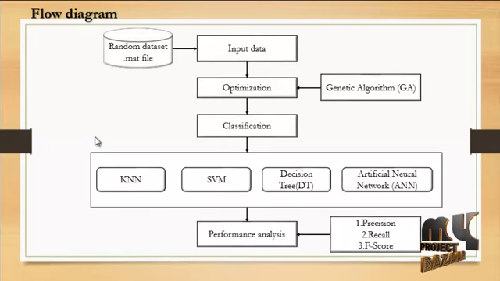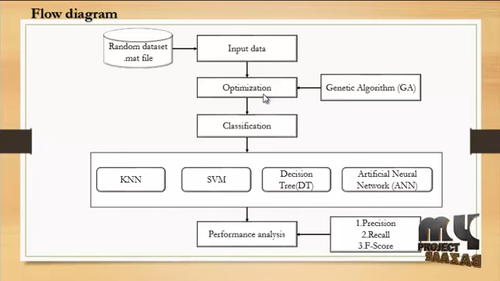Here we use a data set which was randomly collected from an operator's call center database over a 12-month period. The data set contains 3150 customers with attributes such as call failures, complaints, subscription length, charge amount, secondary users, frequency of use, frequency of SMS, and so on, including the age group. After the performance analysis on the input data comes optimization.